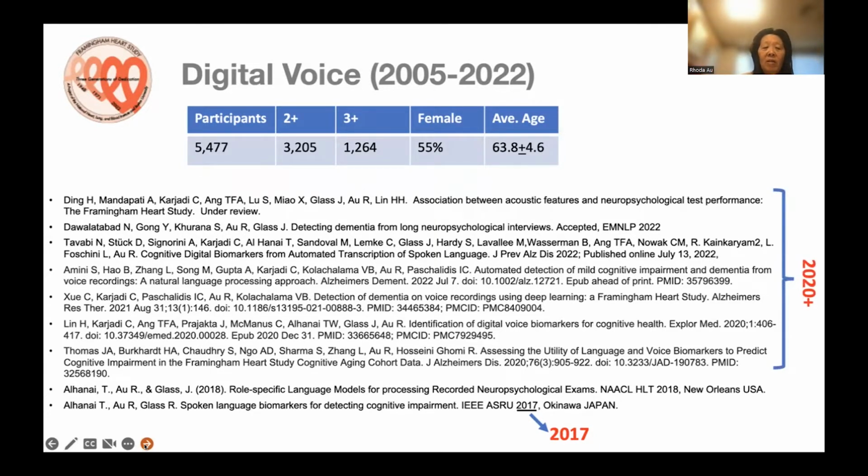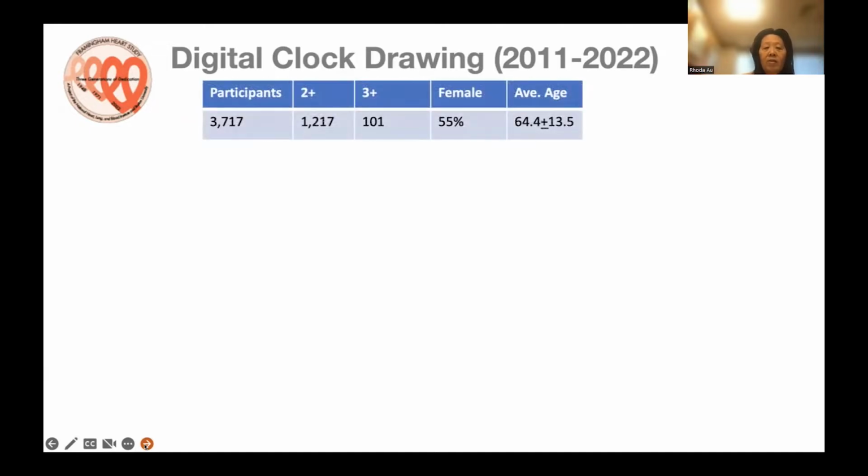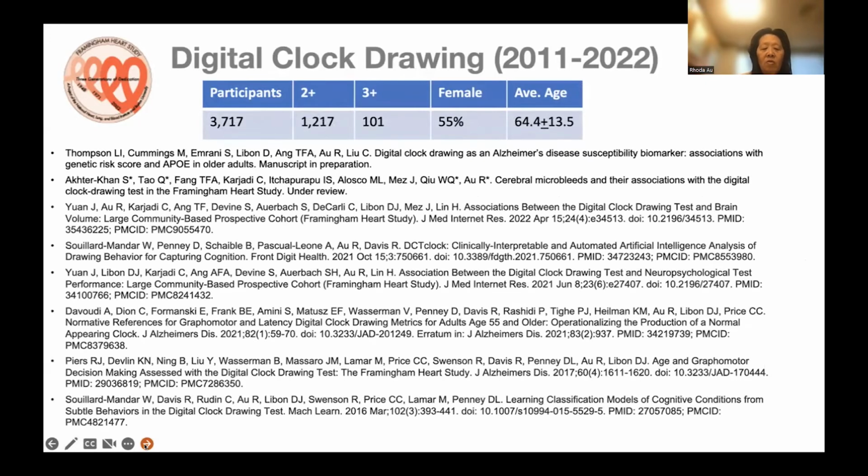It was actually a computer science one. And it wasn't until literally the past few years that we've been able to take these digital voice recordings and convert them into science that speaks to the clinical realm. Similarly, in 2011, we introduced the use of a digital pen, starting with the clock drawing test. And again, over the years, we've been able to collect data across thousands of participants, now much more longitudinally. And similar to digital voice, when did this start to convert into science? In 2016 is the first time we had our first publication.